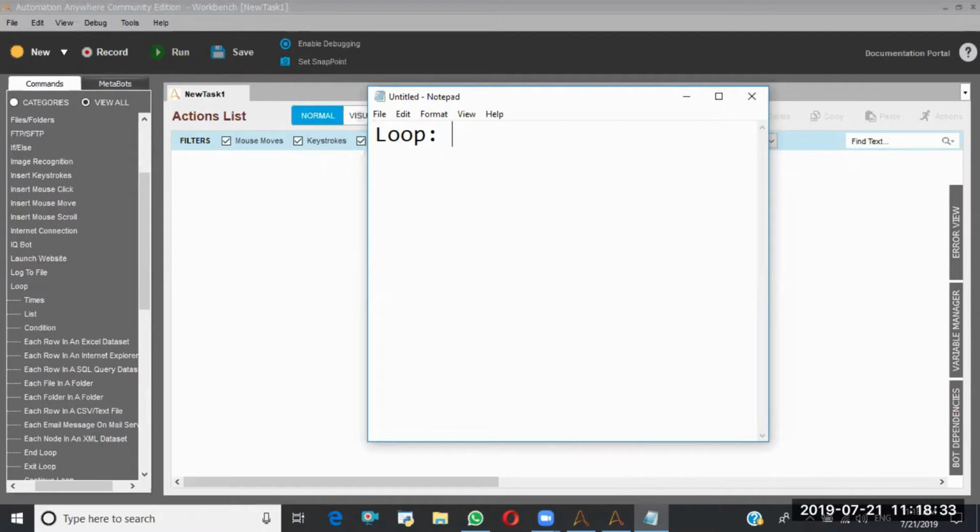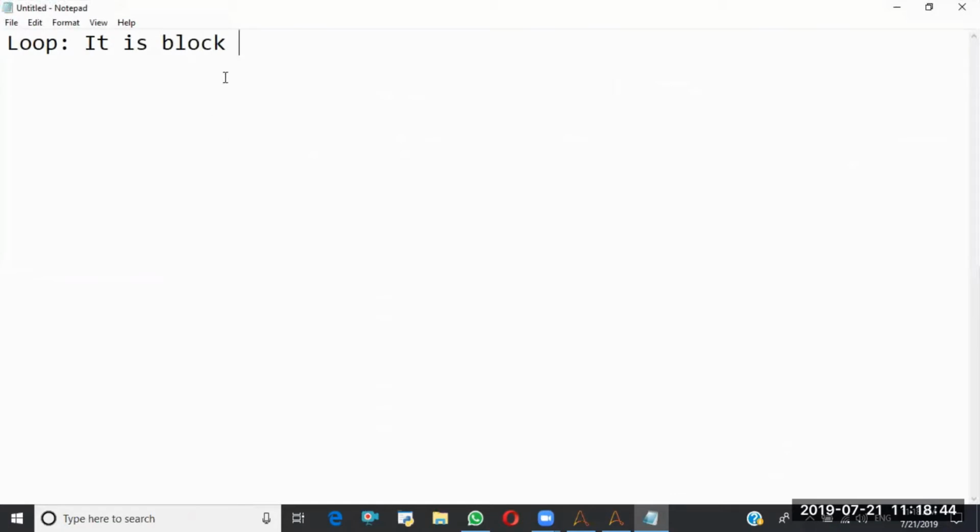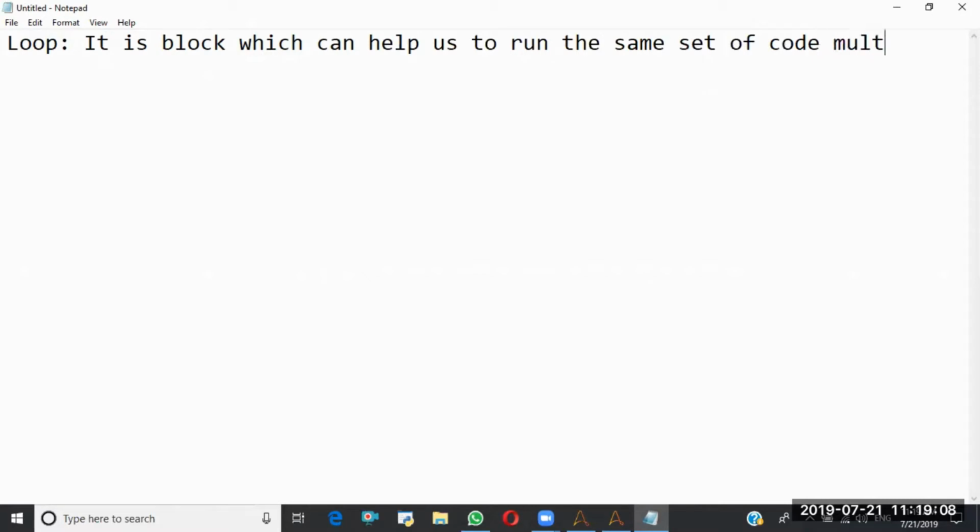A loop is a block which can help us to run the same set of code multiple times.